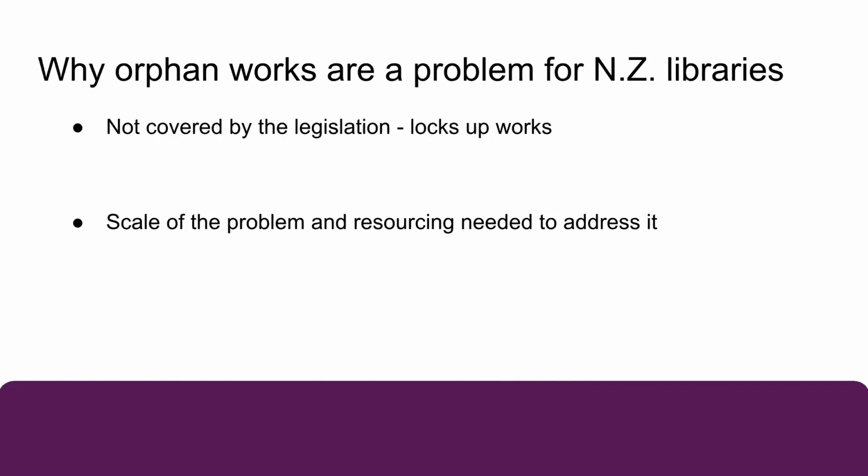While we don't have good figures on the total number of orphan works in New Zealand library collections, partly because you can only identify the number of orphan works after you've completed an unsuccessful diligence search, the British Library has previously estimated that 40% of all print works are orphan works. And as I said before, the longer terms of copyright duration also increase the likelihood that more works will become orphaned, as it makes it more difficult to track down who currently holds the rights to a given work.